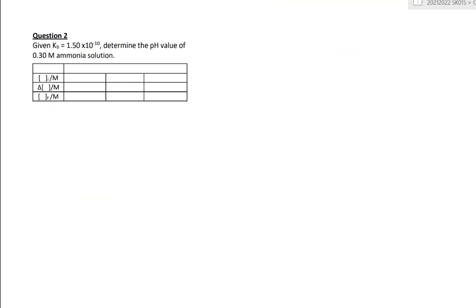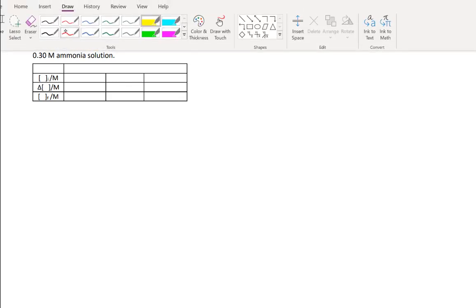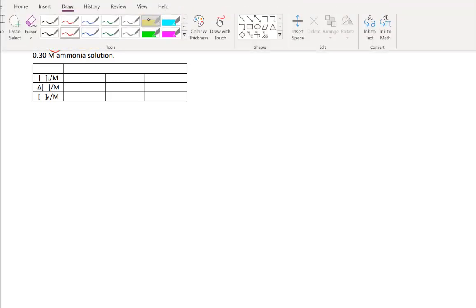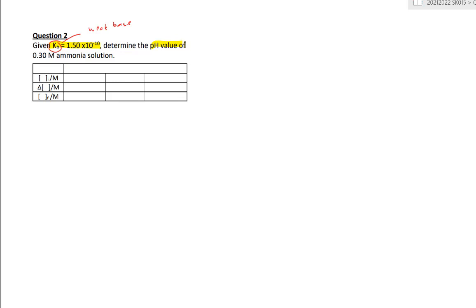So continue for the second question example. In this question, you are given a Kb value. Over here you need to remember that if you see Kb, it refers to the dissociation constant of a weak base. So determine the pH value of 0.30 molar ammonia solution. You need to write out the balanced equation that represents the partial dissociation of the